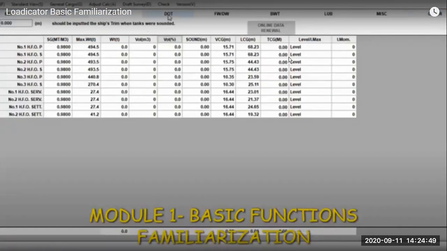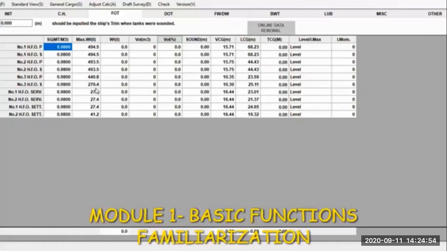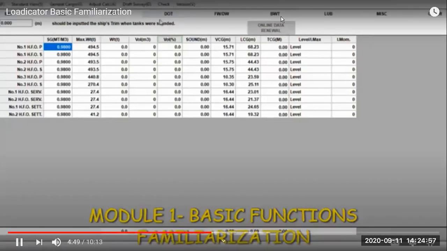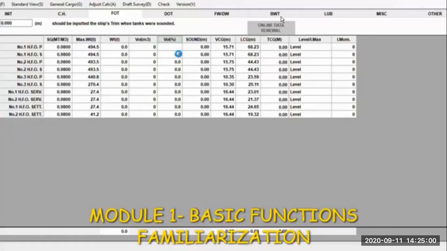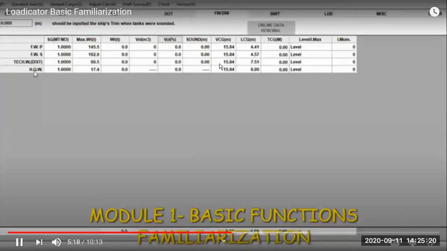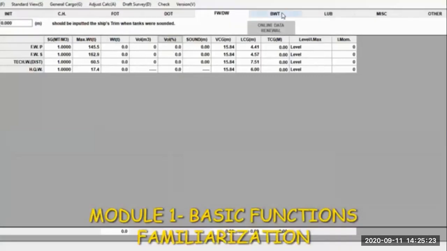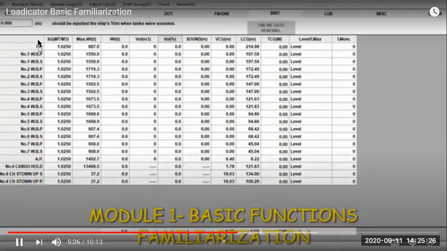Then we have the diesel oil tanks details. So we can enter all the details. Then we have fresh waters and the ballast water, all: fore peak, 1 port starboard, 2 port starboard, up to 7 port starboard, aft peak, number 4 cargo hold, and cargo. And we have number 4 cargo hold for sea water. If you're taking for heavy weather, in heavy weather we take for stability purposes.